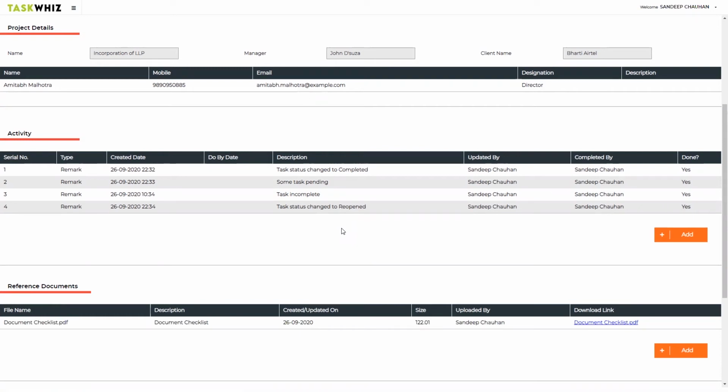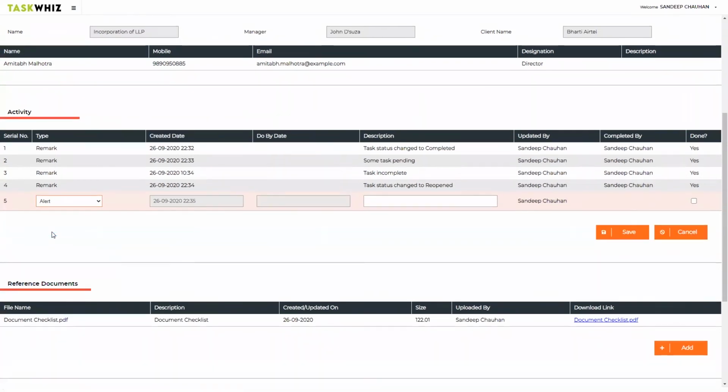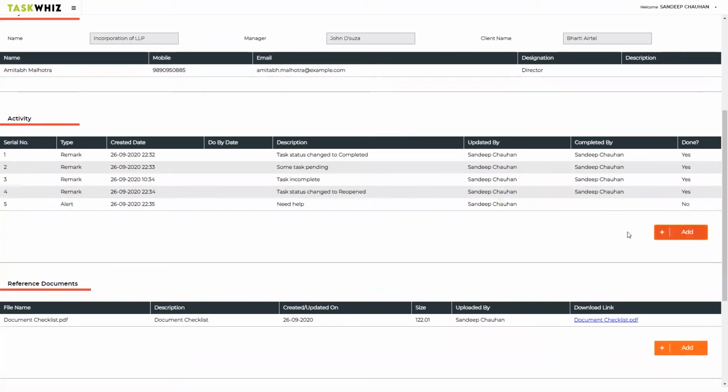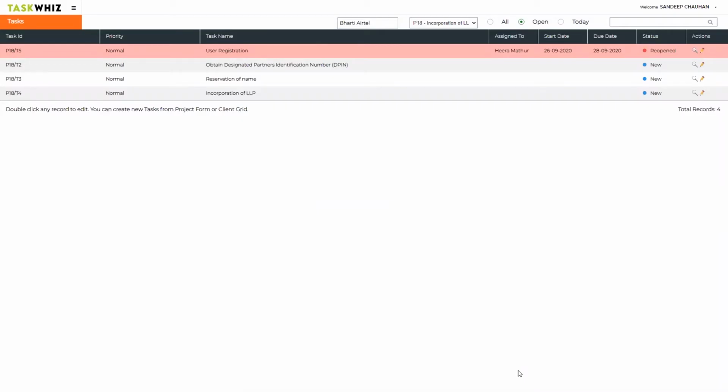Also, one of the main features of TaskWhiz application is intern can raise alert for his manager. So again, just click on add activity, select alert type of activity, add some alert and save it. And again, just save the task. So on save alert, an email will be sent to the manager, and also whenever manager will log in to the application and he comes on task grid,